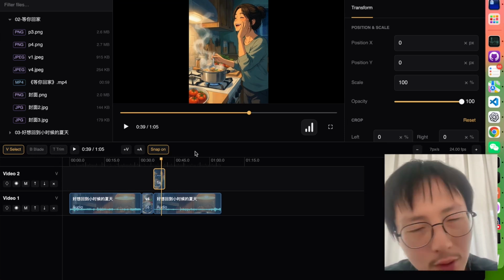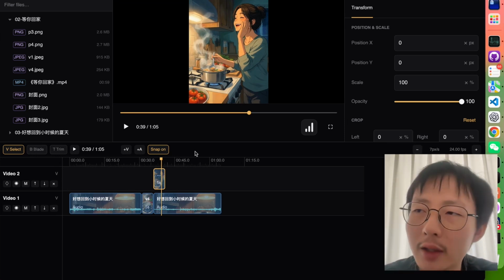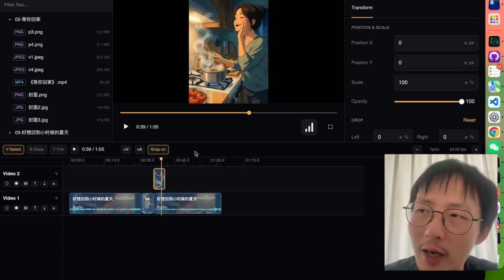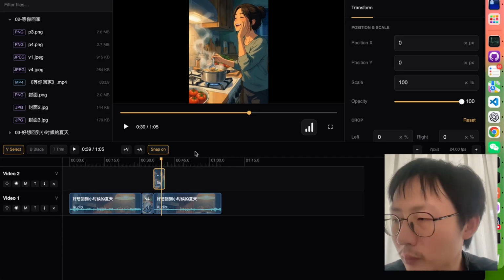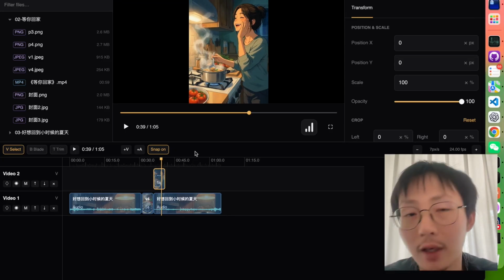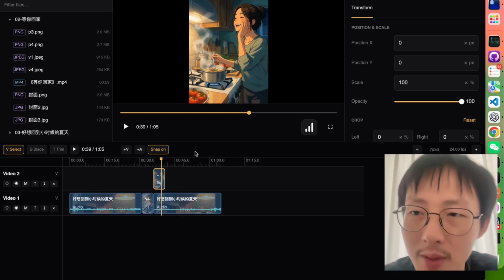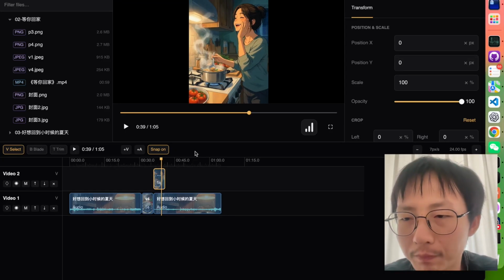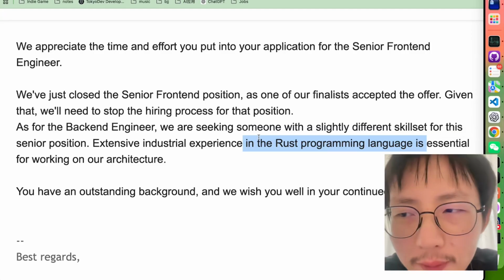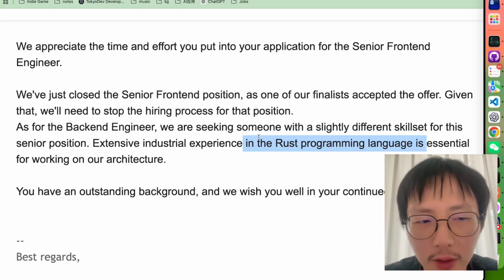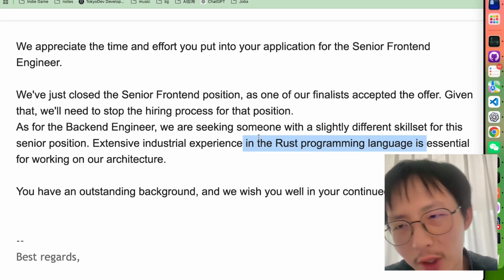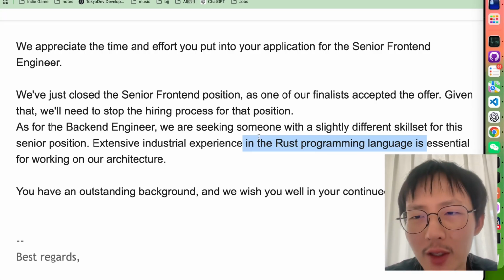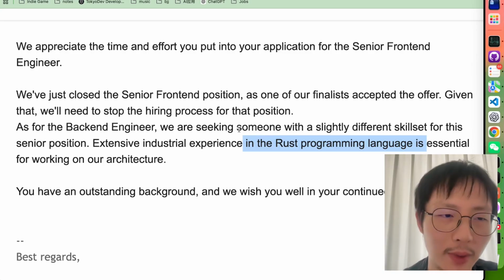Okay, it has been almost 2 years. I have to get back to the job market before I run out of money. So I started to apply for jobs, but all the responses I got were rejections. However, one rejection letter gave me more confidence and actually gave me some courage to do this application.